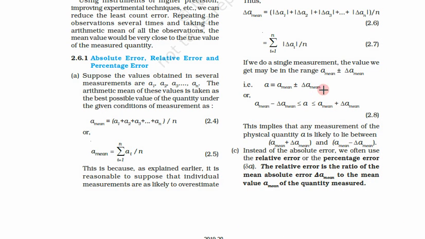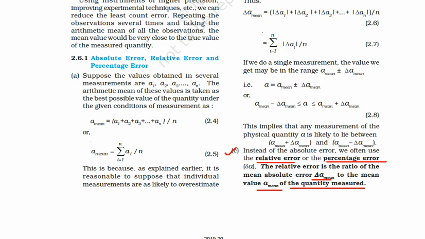But there are some problems with the absolute error, so sometimes we use a different type of error. Instead of absolute error we often use relative error or percentage error. So this was absolute error, that means how much error is there in a quantity. The relative error is the ratio of mean absolute error to the mean value. So what we do, we divide this error by the mean value, average error divided by value, then it is called relative error. Now what is the benefit of using this relative error instead of absolute error?